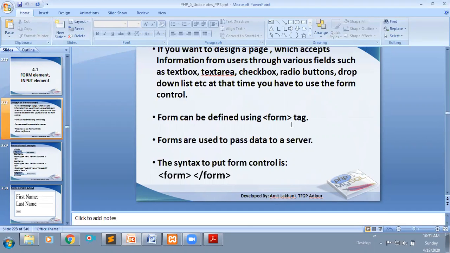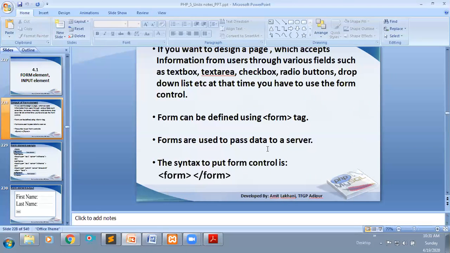For example, if I want to create one web form, we have a simple tag within HTML, that is the form tag. Actually this form concept comes under the HTML language. HTML is hypertext markup language, used to develop web pages.